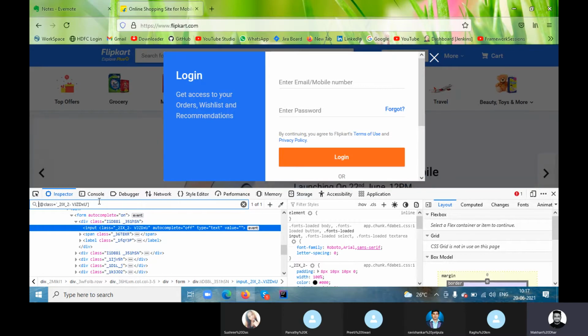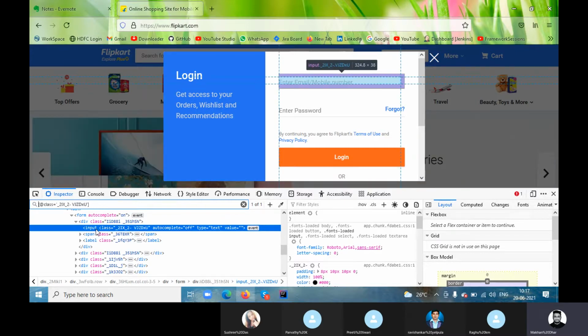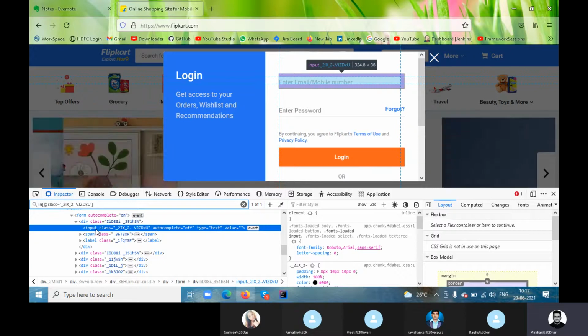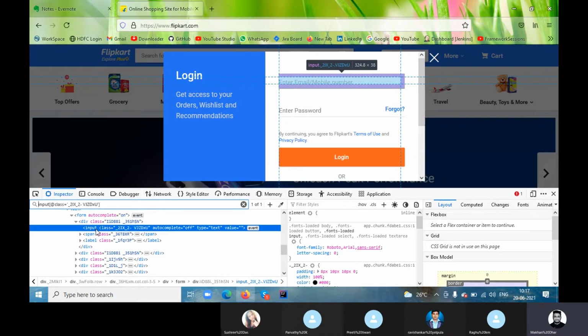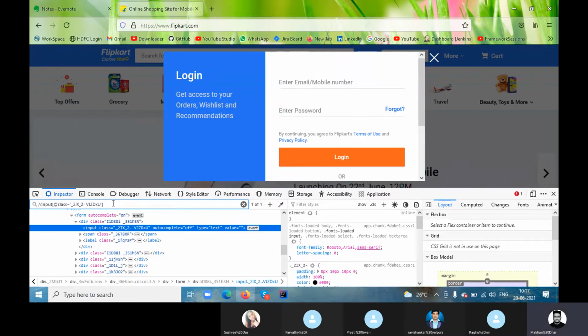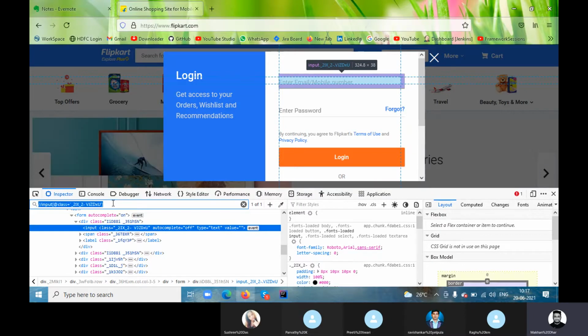Now this is coming under which tag name? It's an input, so type input. And the syntax is two forward slashes. Now you are getting the XPath of this page.